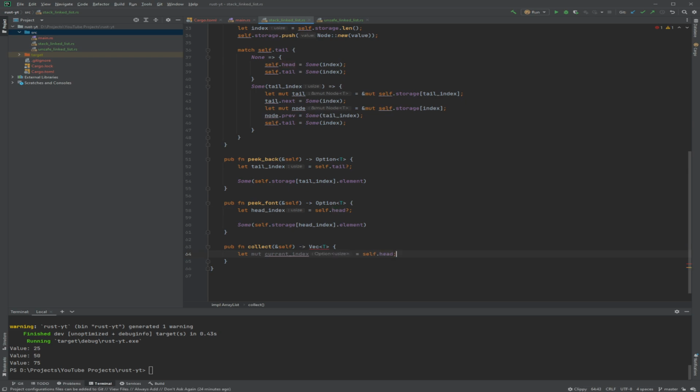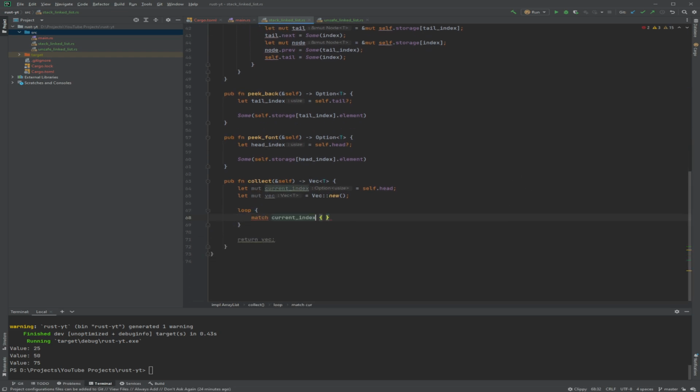Then you want to have a vec that you return, and then do a loop match on the current index: if none, break, because we have nothing. If there is an index, we get the node from the index, push this value for the node, and set current index to the next one.